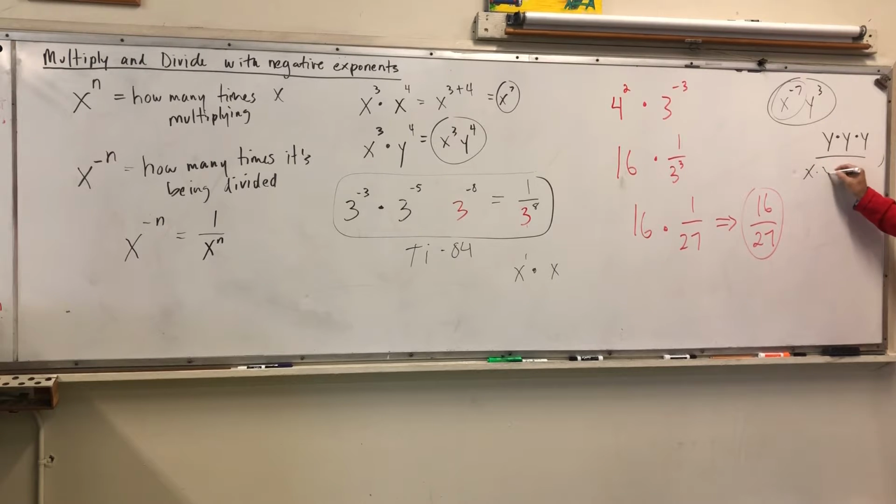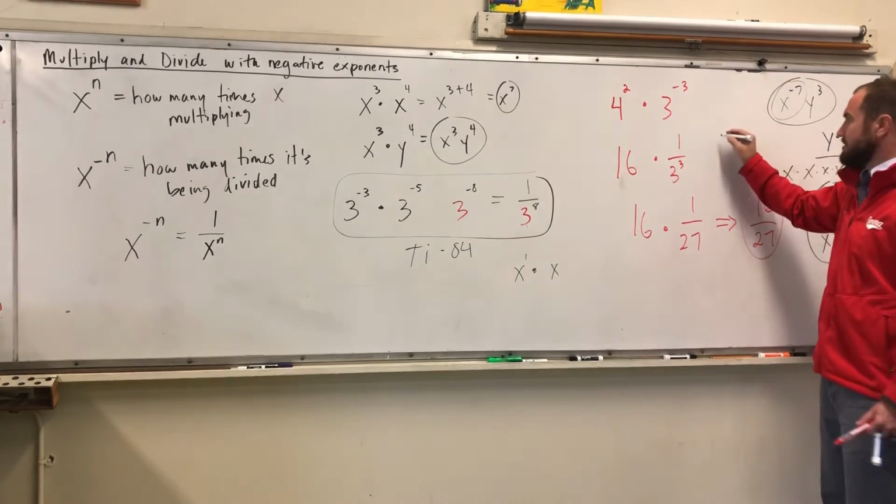So, I mean, we can, do I have 7 there? Here we have 7, y to the third, x to the 7th. Yeah, why would you, Cameron, if you had